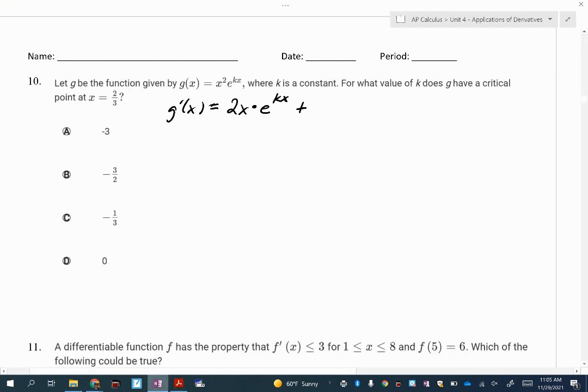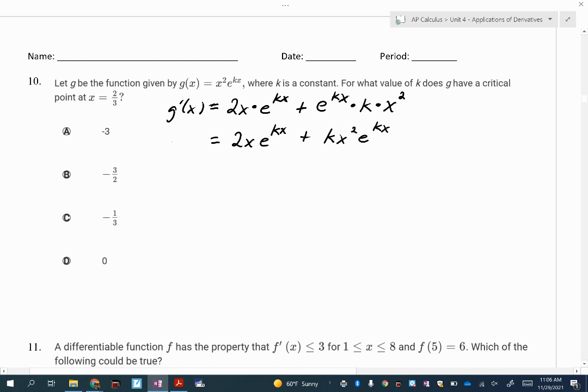All right, so watch this. You copy it, so e to the kx times what's the derivative of the power? The derivative of kx is just k. And don't forget, with our product rule, times the original first one, x squared. All right, so there's a lot going on here. I'll clean it up a little bit. So we get 2x times e to the kx power plus x squared times k. Actually, I'll put that in front. kx squared times e